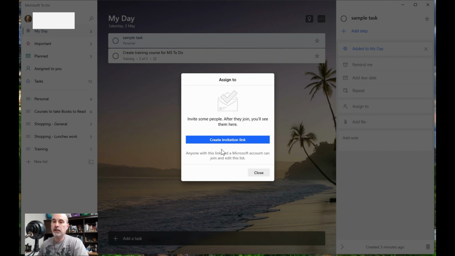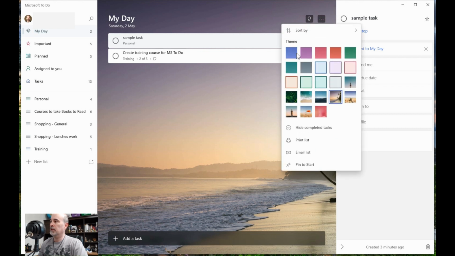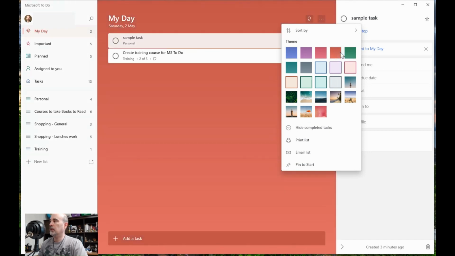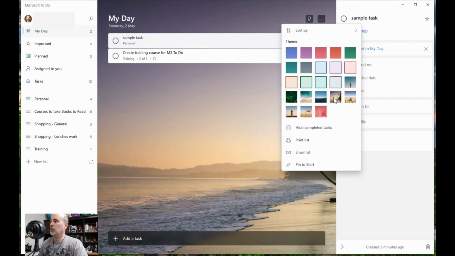If you want to customize the look a little bit, there is the 3 dots up in the top to edit the list, and that list that you're in, you can change from various background colors or themes, whatever it is that you'd like.